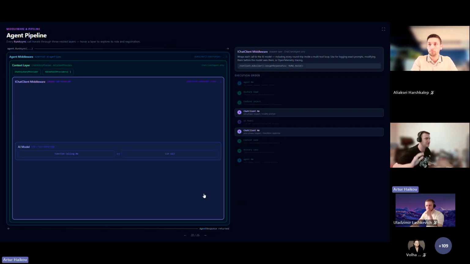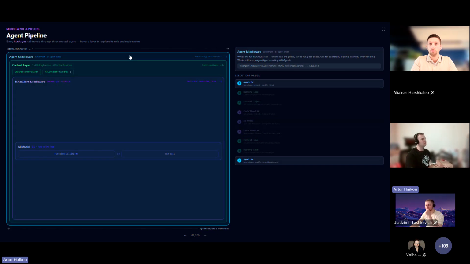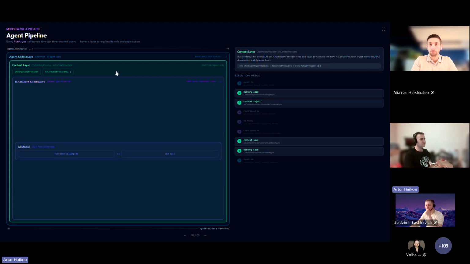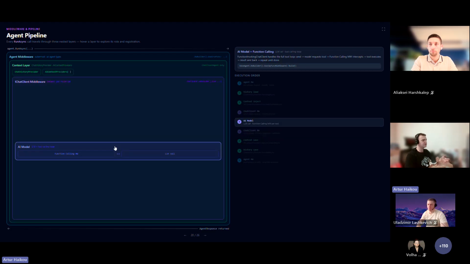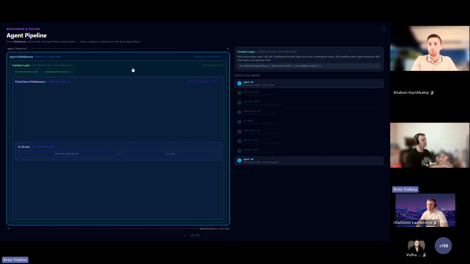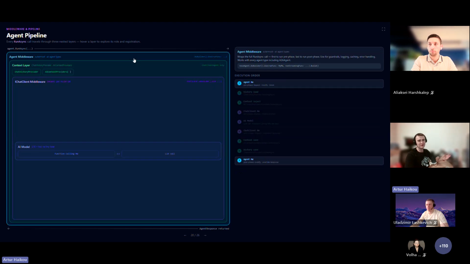And just to sum up what we have now, based on what I mentioned. We have middlewares in our pipeline. We have a context provider that is able to enrich the context to the LLM. And you can also define some additional middlewares on IChatClient, and additional middlewares based on function calling. Like some kind of sandwich, yeah, we have in the pipeline.